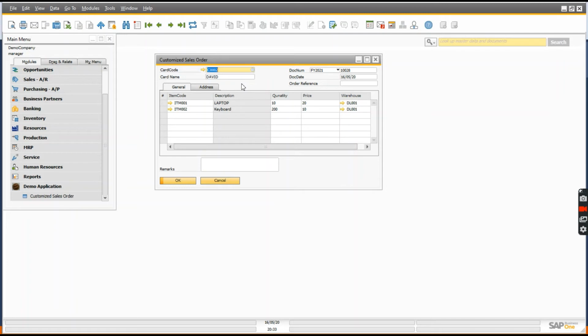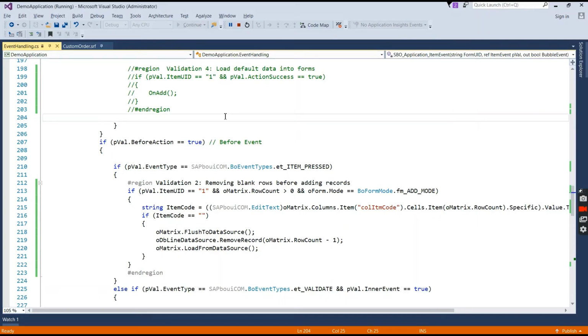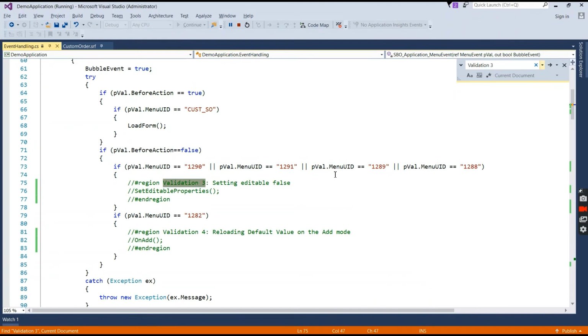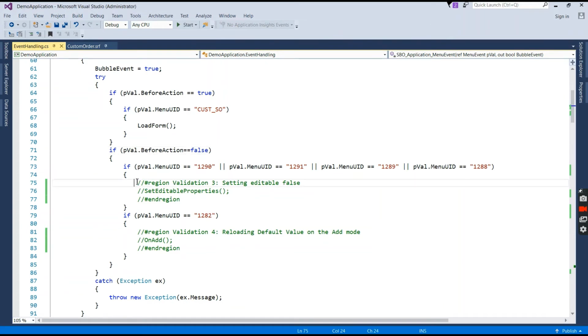So let's come to the code and we'll see what we are doing for this. So here, let me stop the code, uncomment the code.